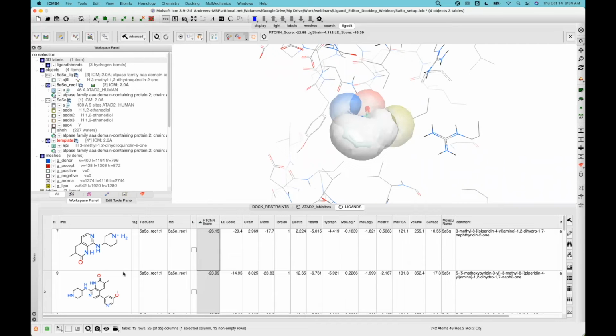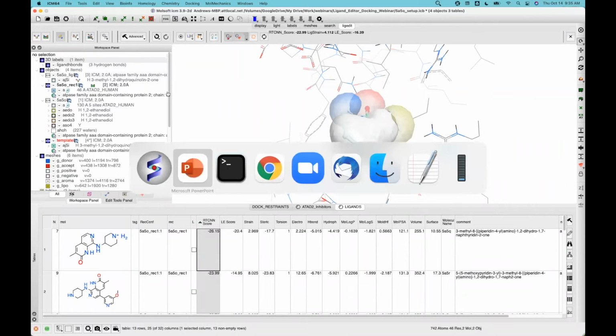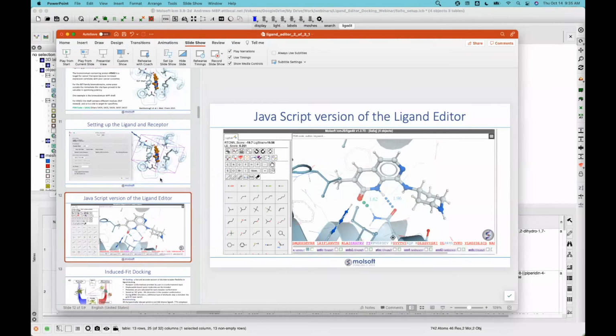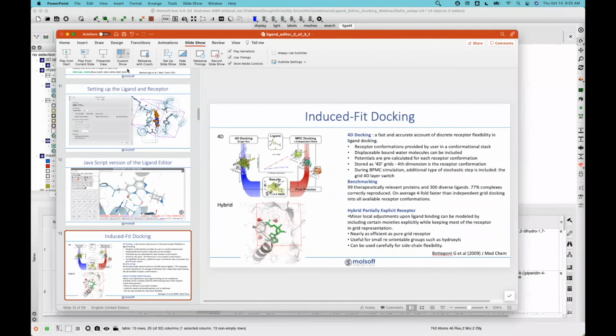CNN score. So then to load the dot ligand, you just click on this row, or you can just toggle the ligand on and off here. So if you want to load this one, it will load into the 3D display. Okay, so that's the docking options. So we're going to go back to my slides and talk a little bit about